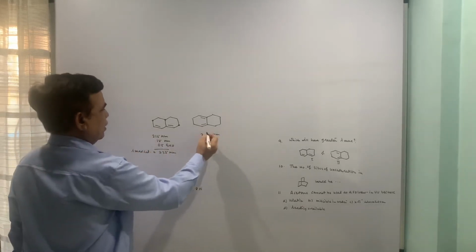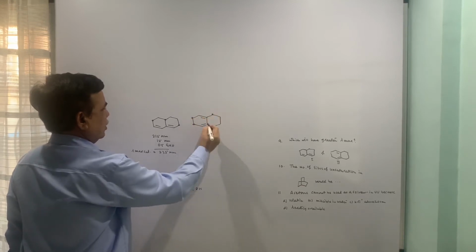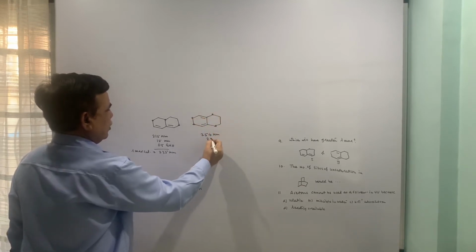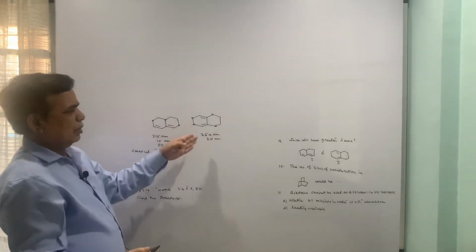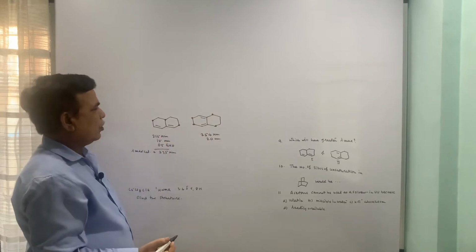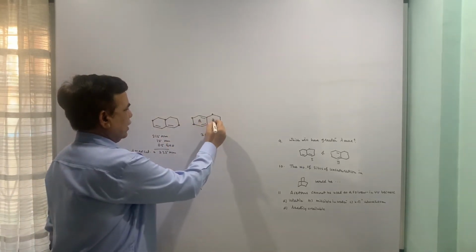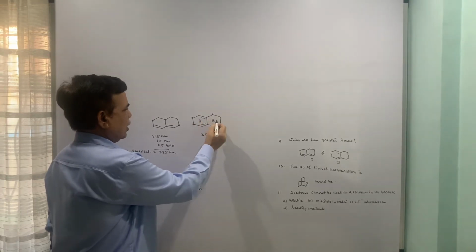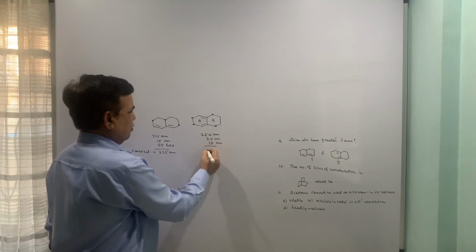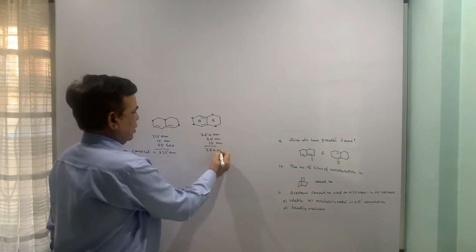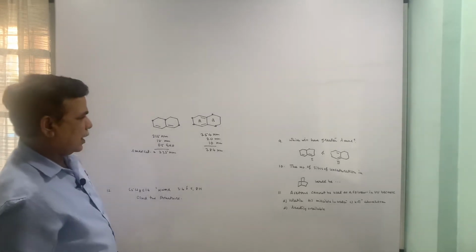Now here 1, 2, 3, and 4. These are 4 substituents directly attached to the double bond, but they are not part of the chromophore. Then 2 exocyclic bonds. If I designate A and B ring, these 2 bonds are exo to B. So this becomes 284. So definitely the second molecule is the correct answer.